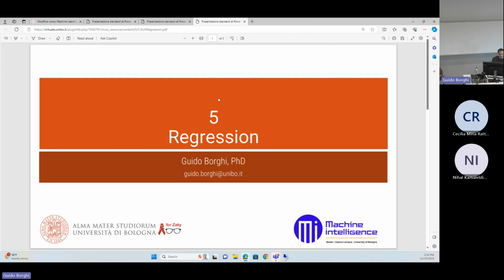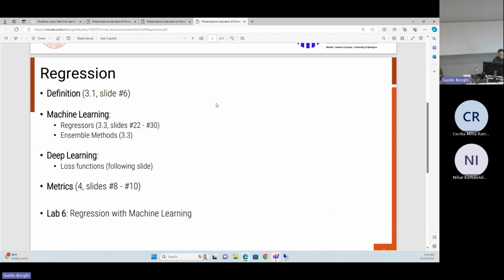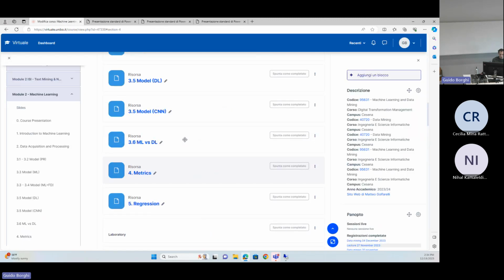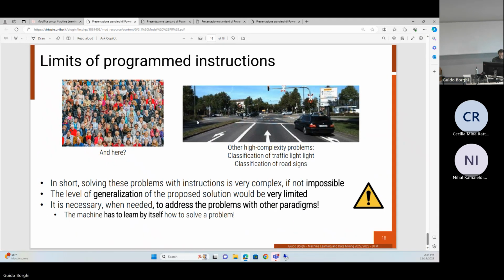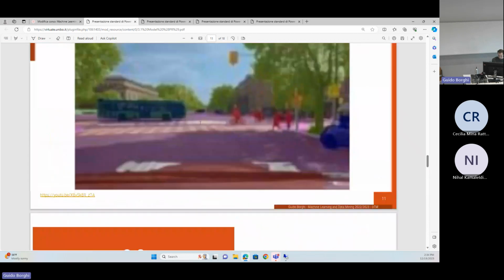What about regression, the last topic of the course? We have seen the details about regression in different slides of our course. So you can find, for example, the definition of the regression task in slide number 6 of PAC 3.1. So if you go to PAC 3.1, slide number 6,